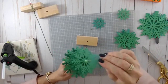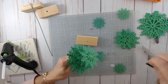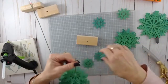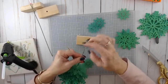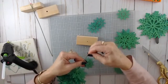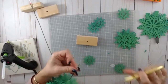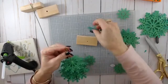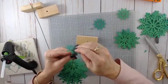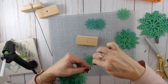I know that, well, I say that as my snowflakes got smaller, so do the holes, so a little harder to get around my weird thread problem I've got going on here. I think I would have just spray painted them rather than use the floral wire. I don't know. I like how thick the floral wire is. I think it'll hold up the snowflakes really well, but